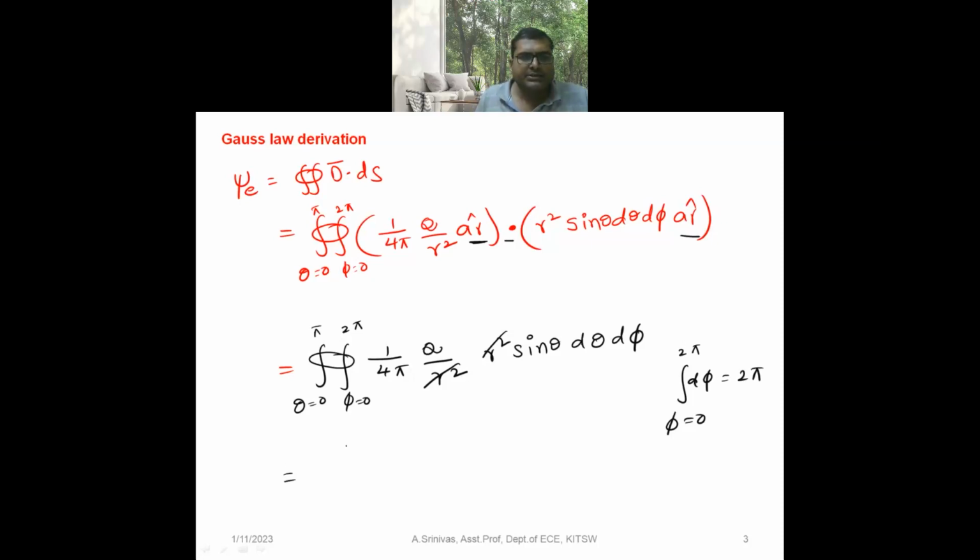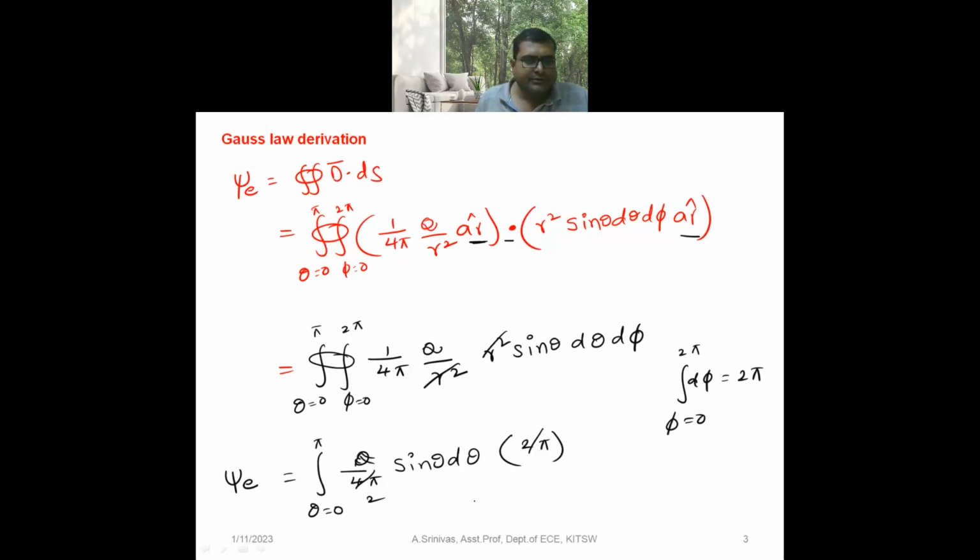Then theta from 0 to pi of 1 by 4 pi sine theta d theta, and the phi integration 2 pi cancels with 4 pi, so Q by 4 pi becomes Q by 2. The electric flux,